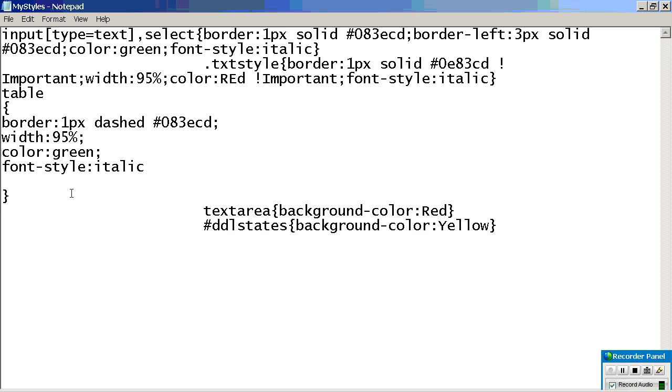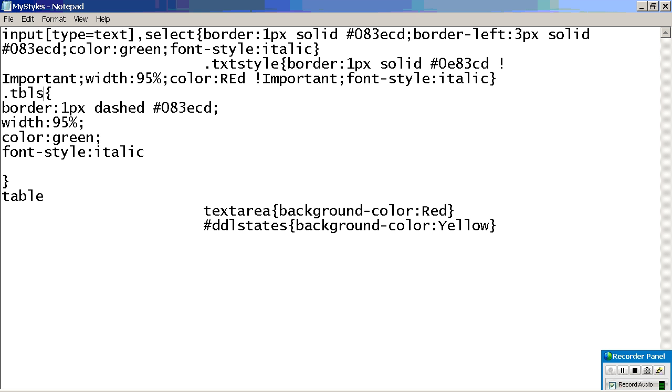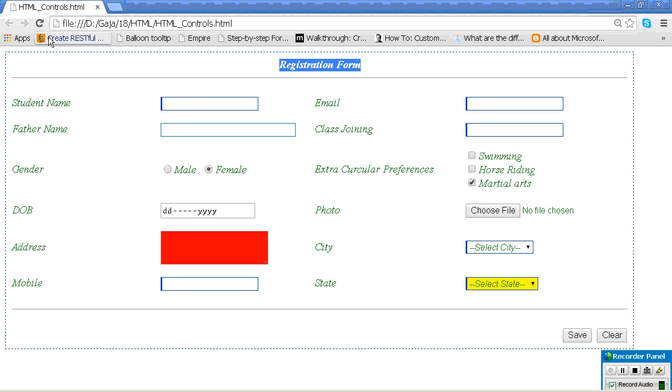It's not needed if you would have attached this tag, or if you are writing the style on the top tag. Or else let me write my own style dot TBL. Now we should attach this to this control, right? Or else it will not work.